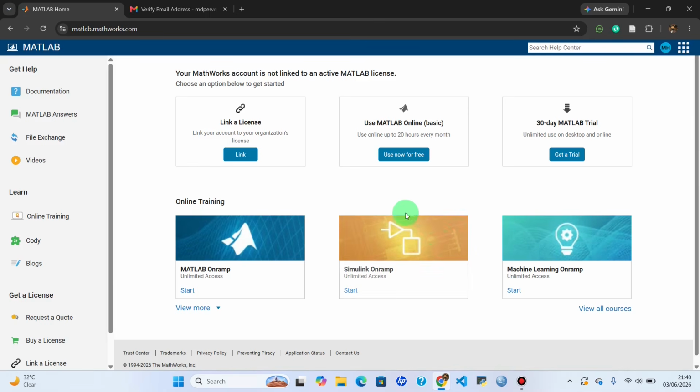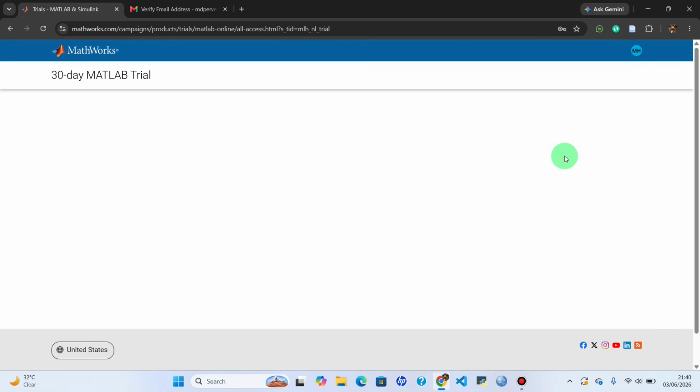So it has created our MATLAB MathWorks profile, and now we can download the MATLAB. At this upper right side you will see the 30-day MATLAB trial, which is free for any version, Windows or Mac. We will click on it, get MATLAB,